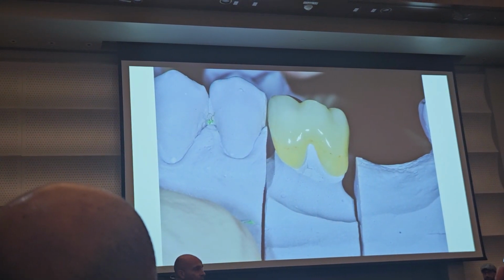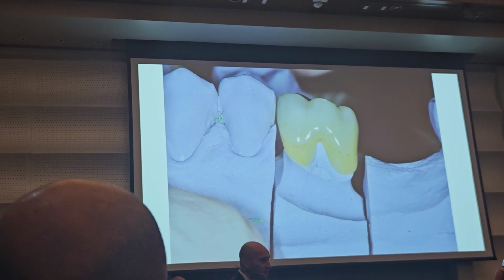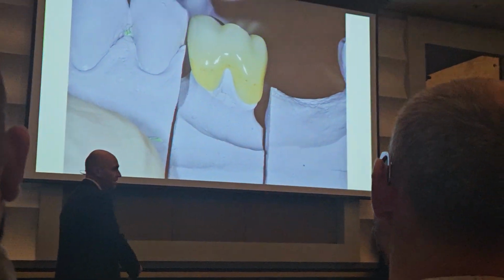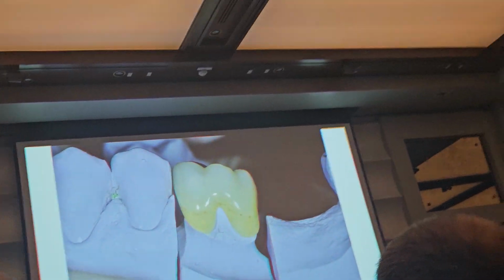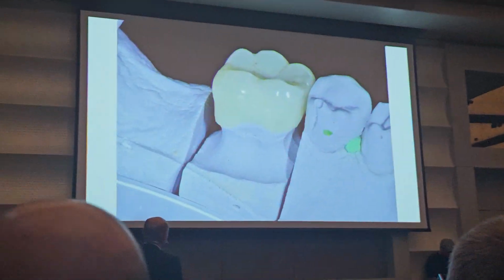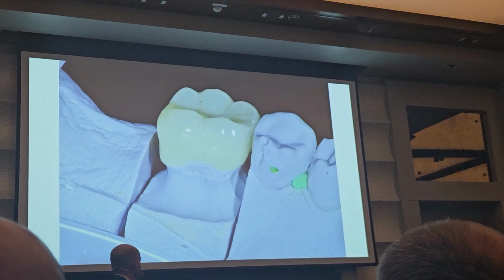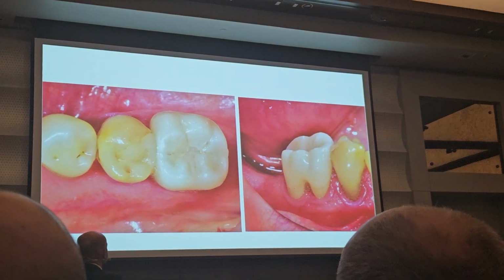This is the strange crown I did, because I didn't prep well, honestly. I didn't prep well in the bifurcation, so the clinician, owing to the undercuts, has to design the crown in this way. I did undercuts even on the lingual side. This is the strange shape on the lingual side. Anyway,